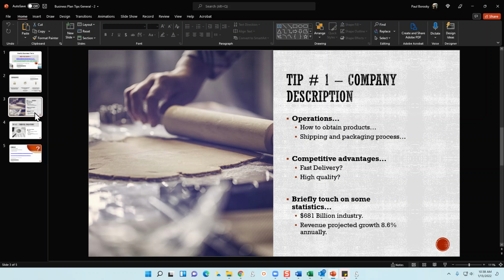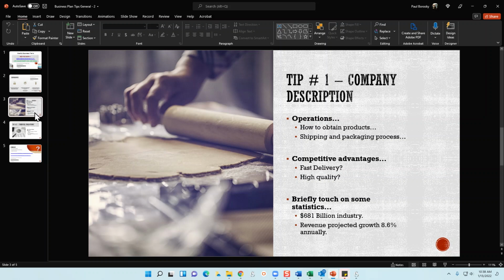So when you're competing on that level, you've got to step it up a notch, and in your business plan, make sure to identify 2 or 3 competitive advantages that you're going to be doing better than not just the local individuals, but people on a global basis. Are you going to have fast delivery? Are you going to have the highest quality products? Whatever it's going to be, make sure you state it and discuss it and justify it.